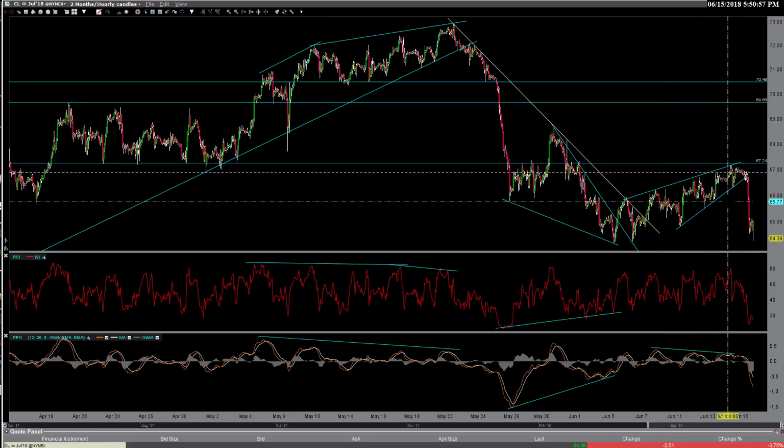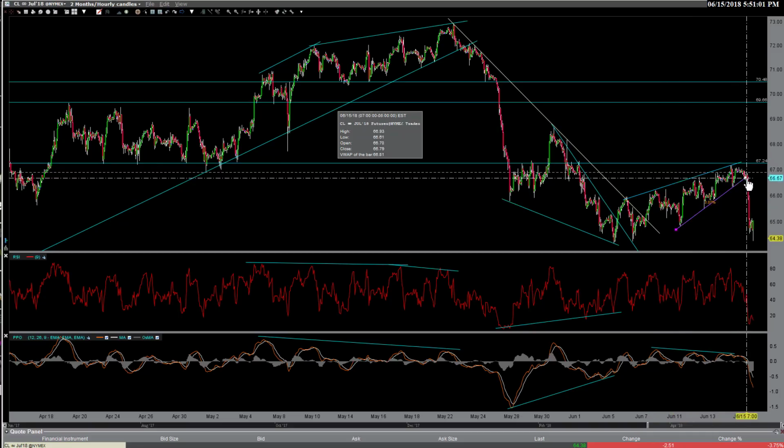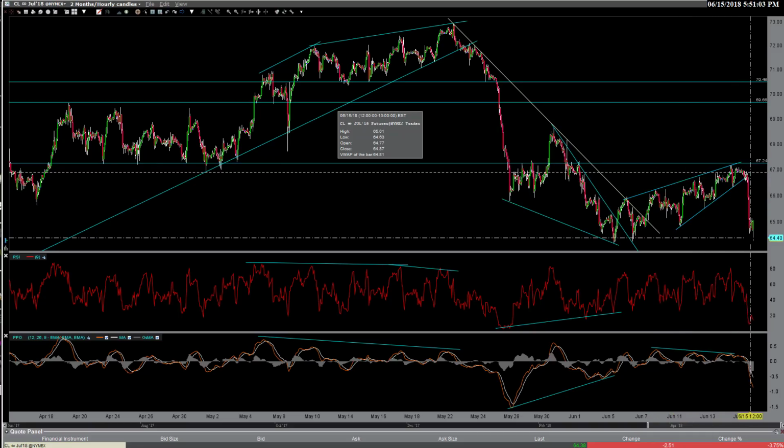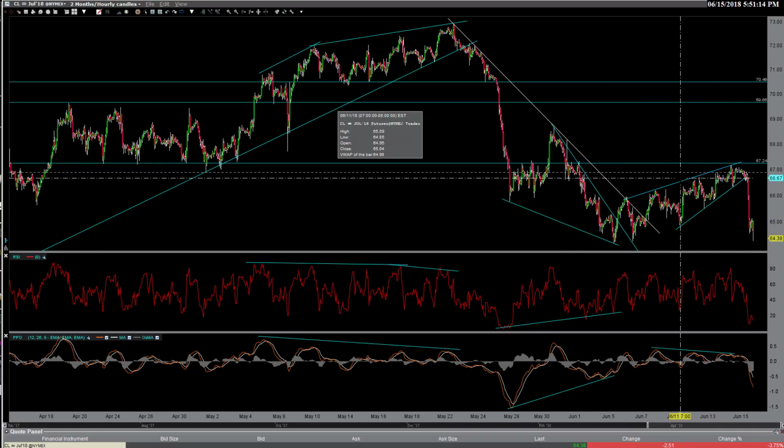You can see a very well-defined uptrend line there on CL. These are crude futures, by the way. A rising wedge, a breakdown, and impulsive selling. And again, that's why the energy stocks are moving lower. So I don't really see a reason to step in and buy. Counter trend rallies are always sharp in crude, but again, I'm looking at the longer term picture and not liking